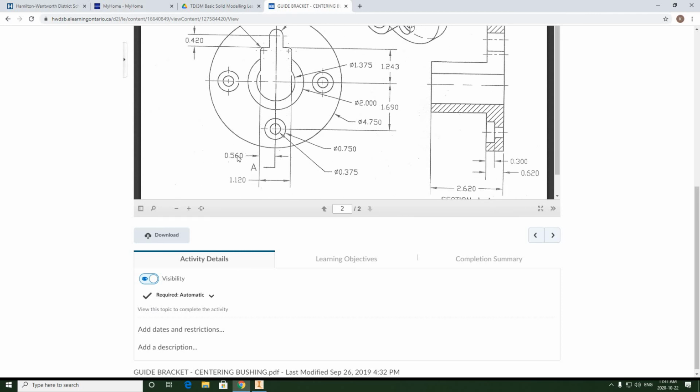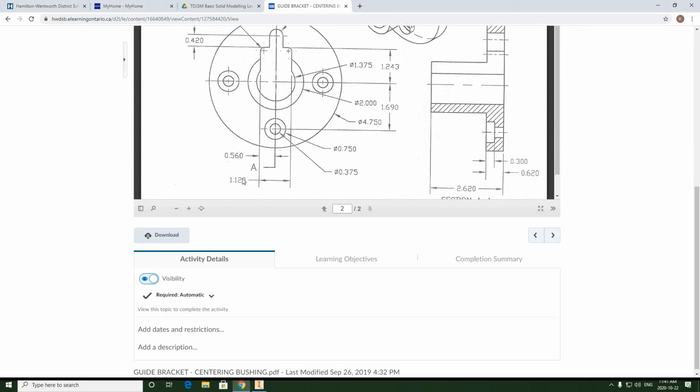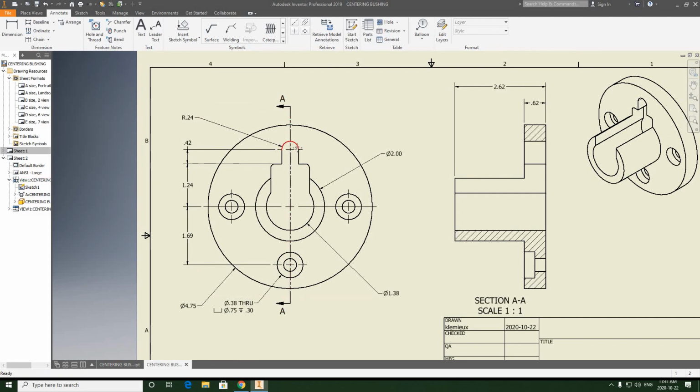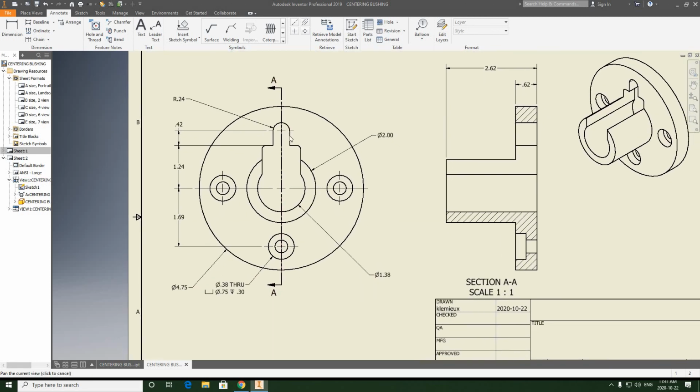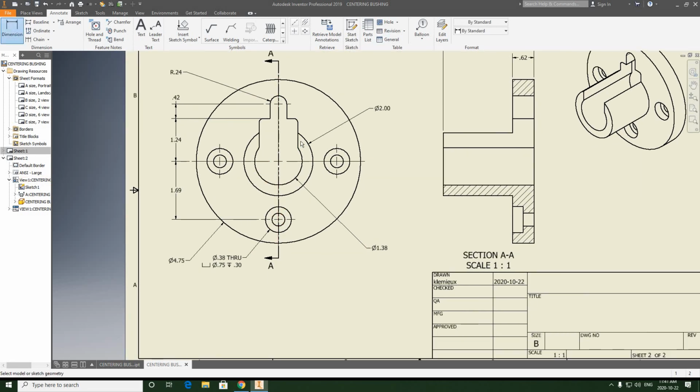I think this is a bit overkill to have, because we know that it's symmetrical, right? So we can probably just get away with one of them. So what we'll do, and we can place that dimension up here or down here, it doesn't really matter. So we'll just go with